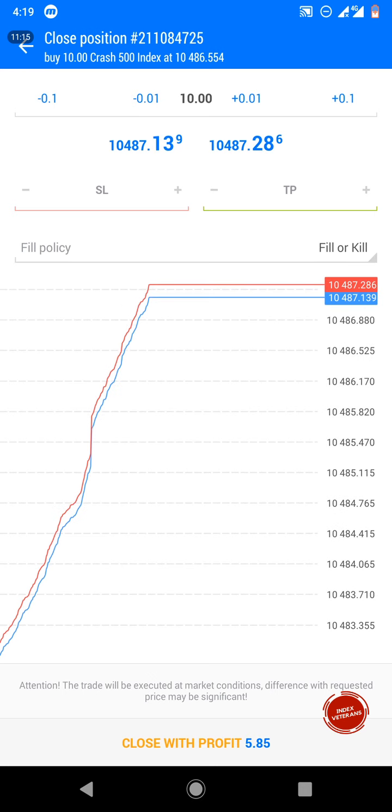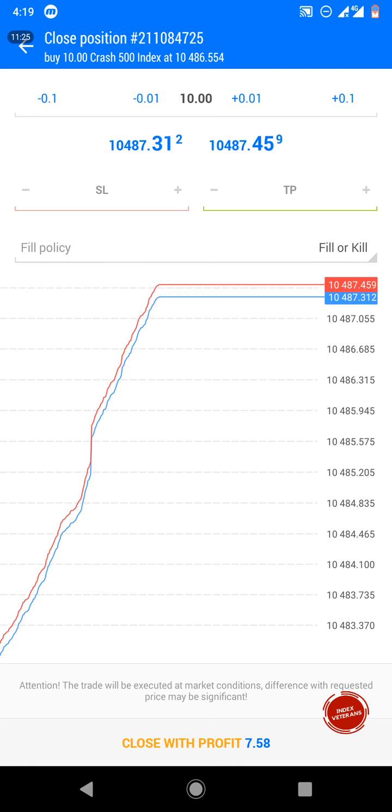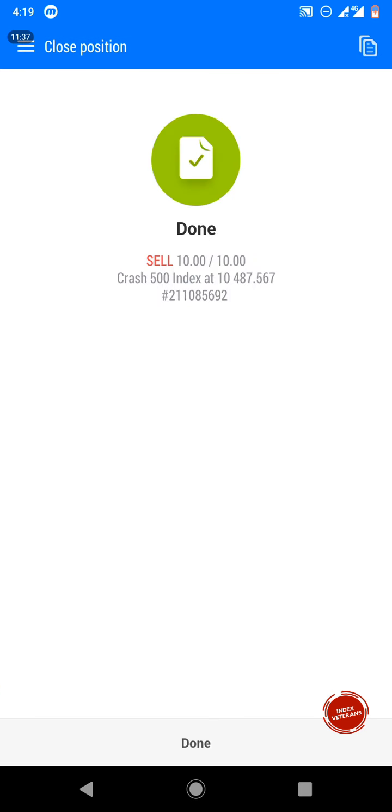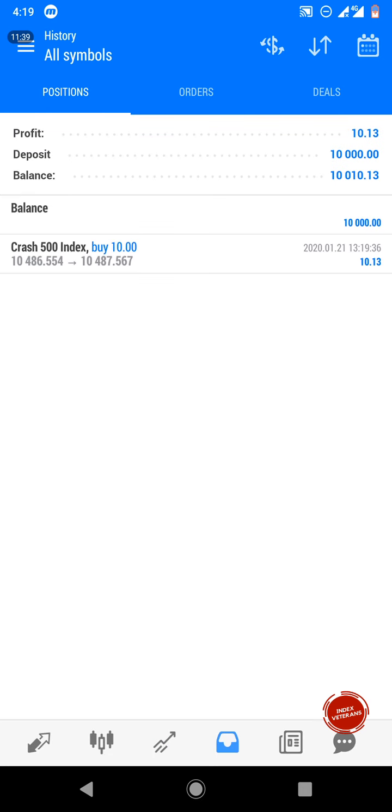That's the same as waiting for the 2 AOs or waiting for 100 pips, which the strategy says. So you don't have to master it, you just go and take the 100 pips. You just close with a profit the same amount as the losses you're using. So when it goes to nearly 10, not 10 point something, when it's 9.3 now, 9.6, you're gonna close. So this trade you closed with